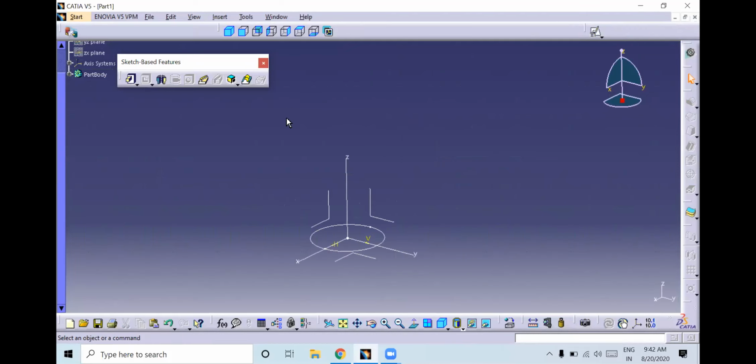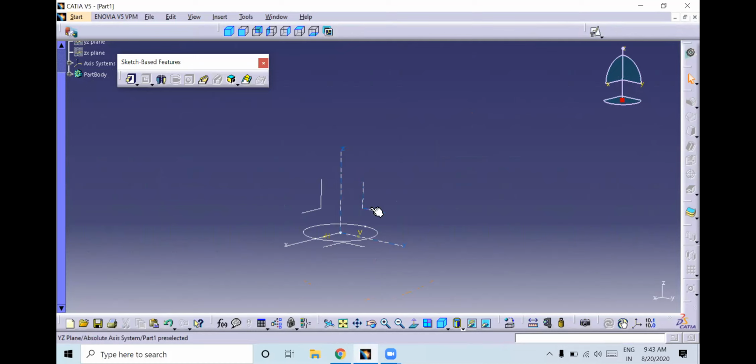Now see here, a rib option I am going to show you. Especially for rib, you need a profile as well as a guide curve. The guide curve should be created perpendicular to the sketch. So I will select this plane perpendicular to the profile, select it and go to sketch.